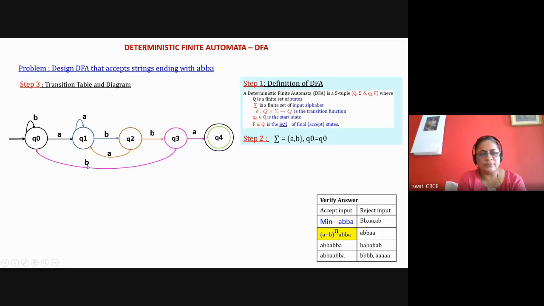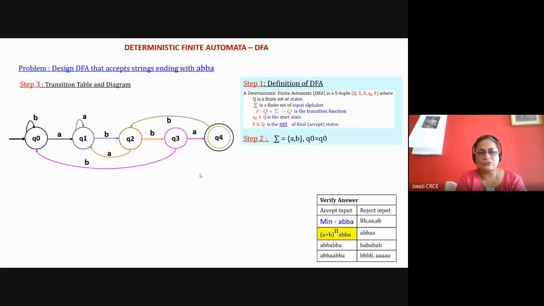Because here this input symbol is small b. Okay, and with A, the transition is over. It's done already. So Q3 is over. Now in Q4, if there is any A, it is Q1, correct. In Q4, if there is any A, it will